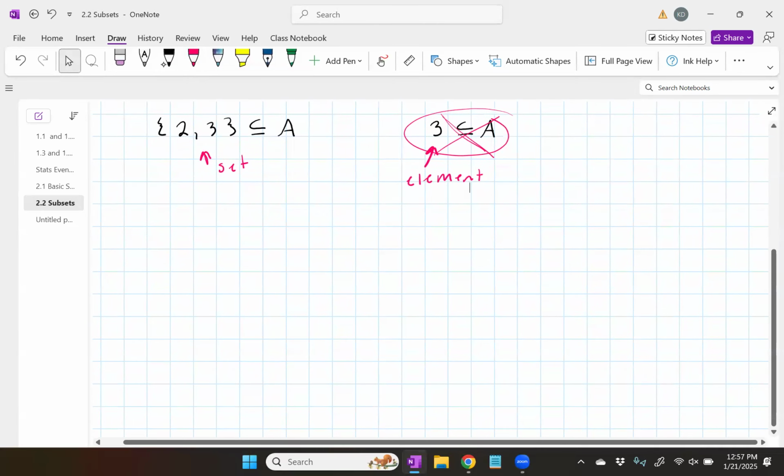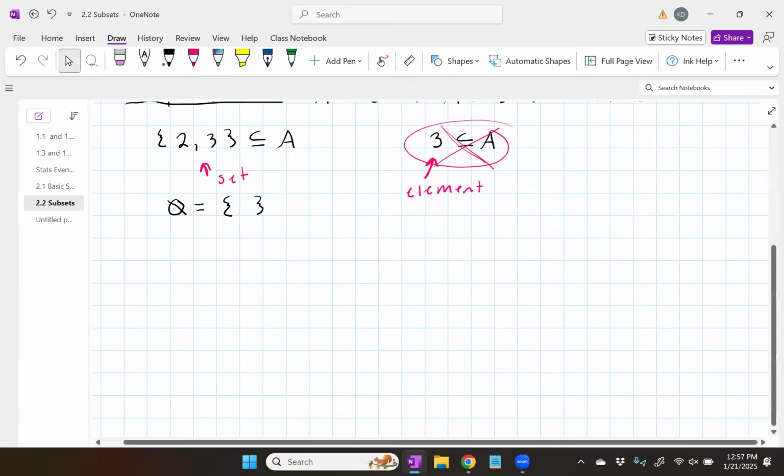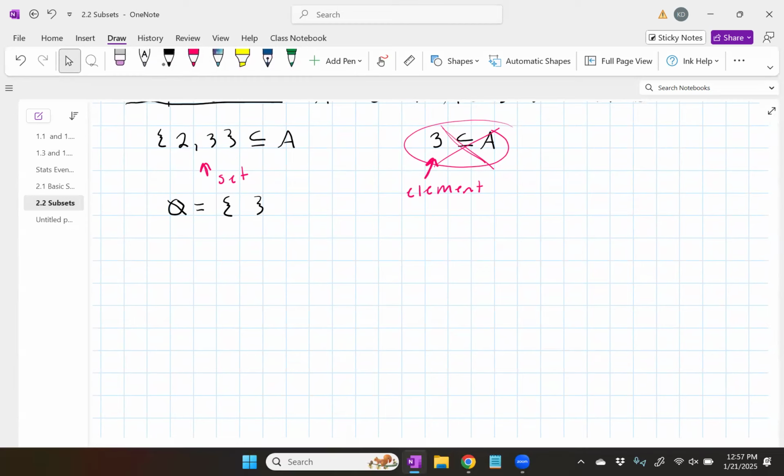Another thing to note, if you recall, we have the empty set, which is equal to the set with nothing in there. So we don't want to put the empty set